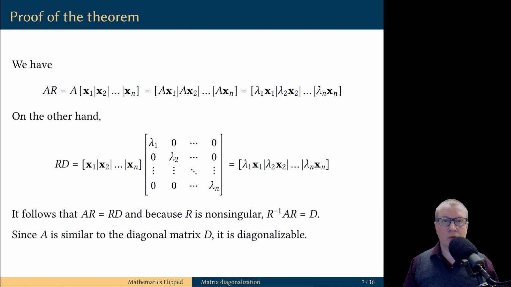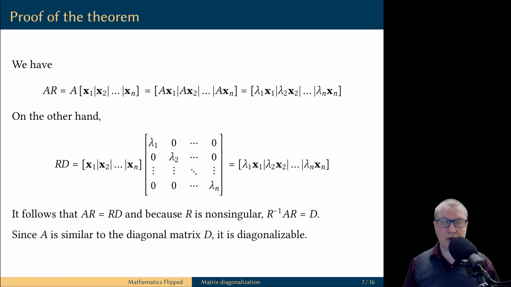This is exactly what we are trying to prove. But this part of the proof does more than simply show our claim. It is in fact a constructive proof. We have explicitly constructed a non-singular matrix that performs the similarity transformation. This matrix uses eigenvectors of the matrix A as columns, and we know which diagonal matrix we will get as a result.